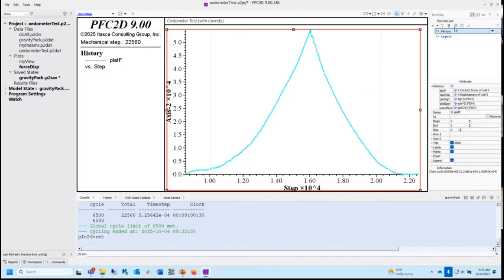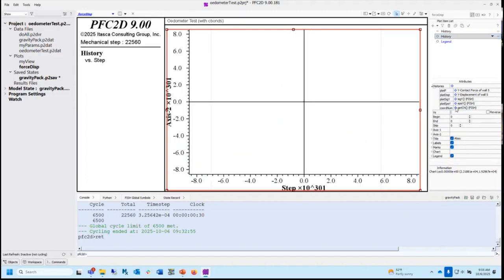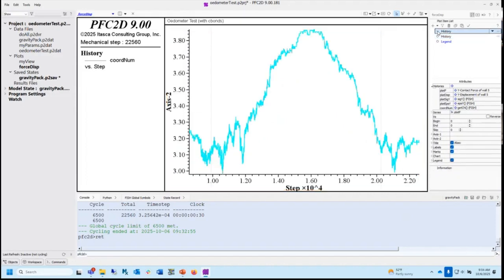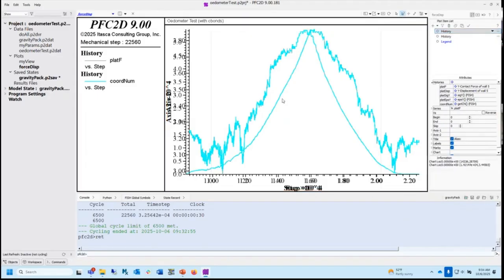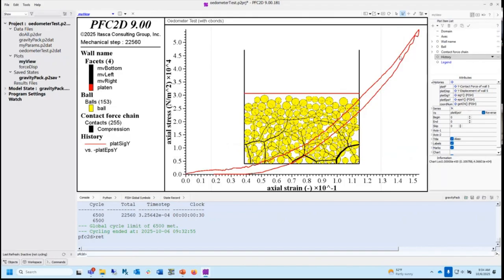And we also looked at coordination number. So if we plot that on the same axis, it looks like this. And this seems to make sense, right? As the force gets bigger, the average number of contacts gets bigger. And then as we reduce the force, so this is that coordination number. Does this make sense? Remember this stuff? Yep. Yes. Okay.